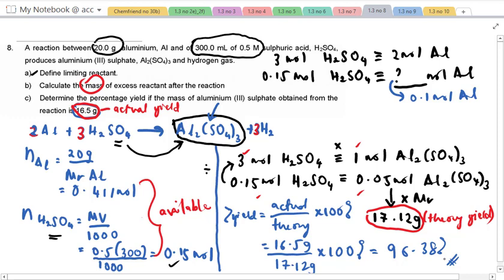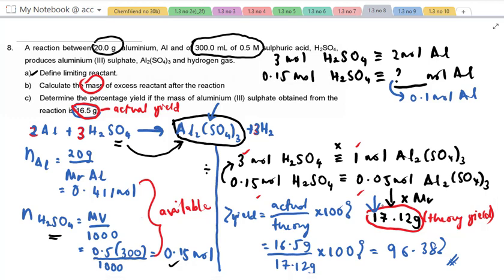Kan? We did not get 100%, 17.12, as in theory. Kan? What other factors lead to this? It might be due to experimental errors such as the techniques when handling the apparatus. Kan? There are many experimental errors. Okay, then done. Question number